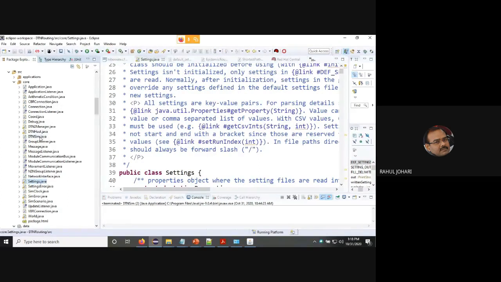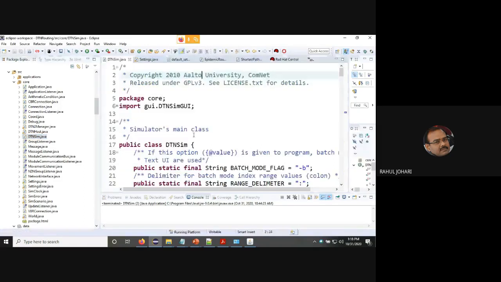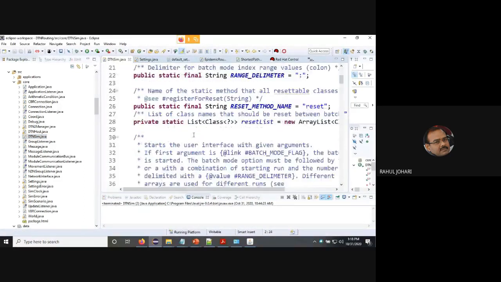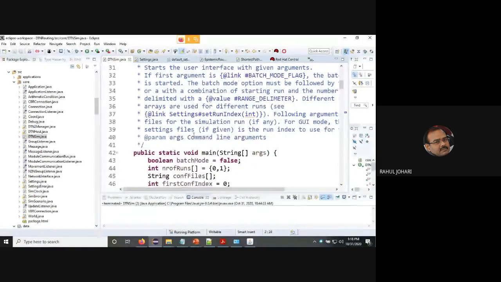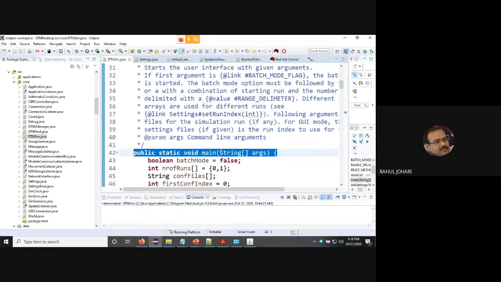And there's another important file here which becomes very useful. It's called the DTN sim. Now this is a file that has the main function. Just like in Java, everything is built up around the main function. So if you would like to really understand the code of it, you set a breakpoint here and then run the code in the debug mode. It will give you the entire navigation, how the code is moving around in the simulator, because that's the best way to run and understand any kind of simulator.